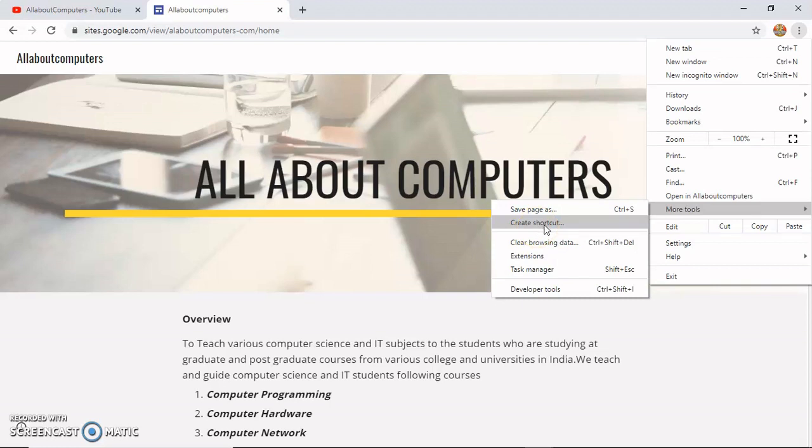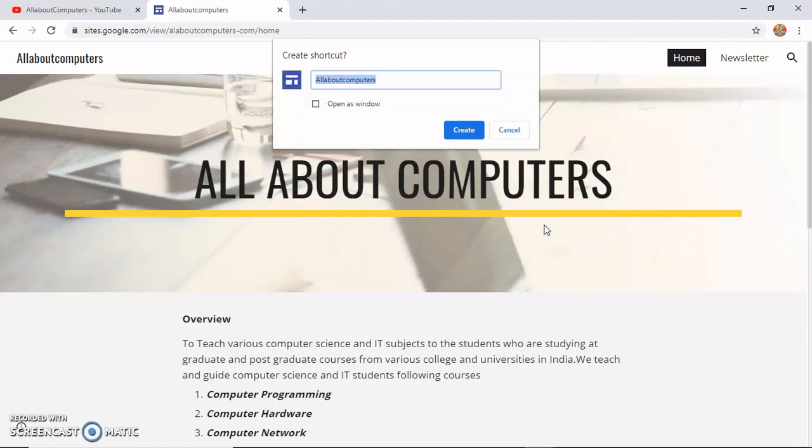So when you click on this Create shortcut, Chrome will show a Create shortcut dialog box, asking you to create the shortcut. You have to write the name for the particular shortcut which you want to create, and you write the name here. I write here All about computers, and below